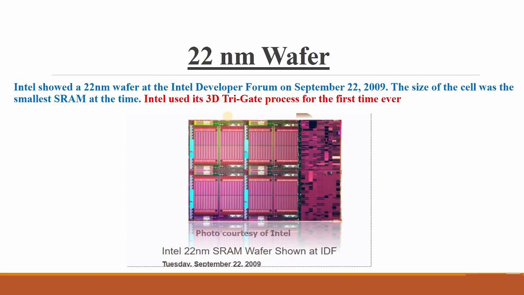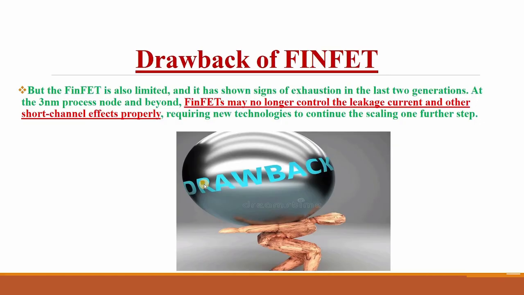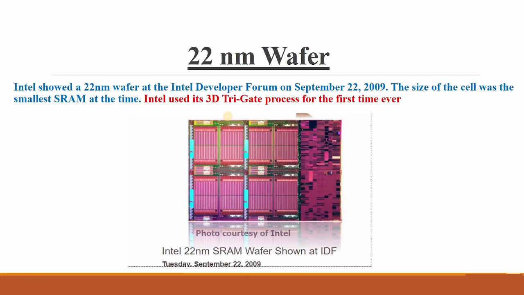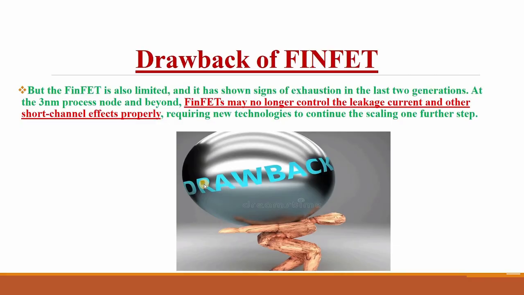Intel showed a 22 nanometer wafer. Intel developed it around September 2009. They gave the size of the SRAM cell as around 22 nanometer. Intel used the 3D tri-gate process, which means they used the FinFET technology. This is the 22 nanometer wafer. And what is the drawback of FinFET? FinFET is also limited in its